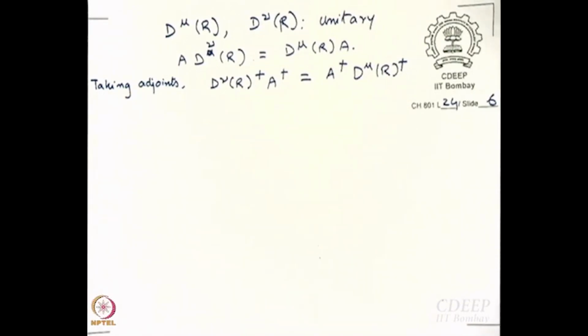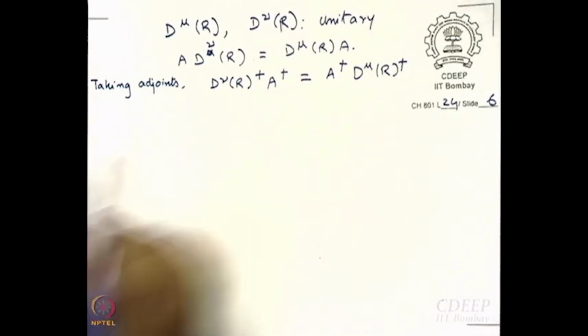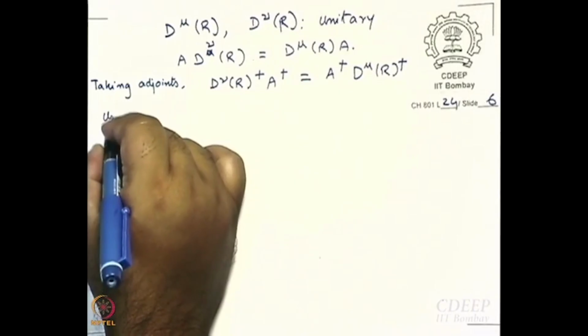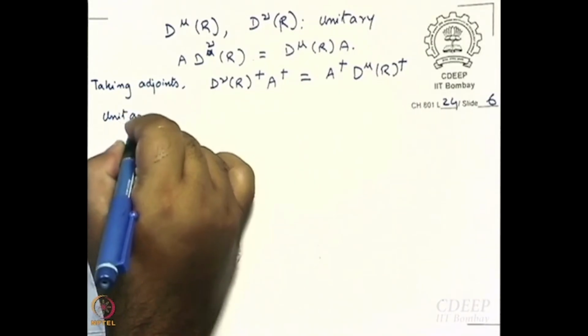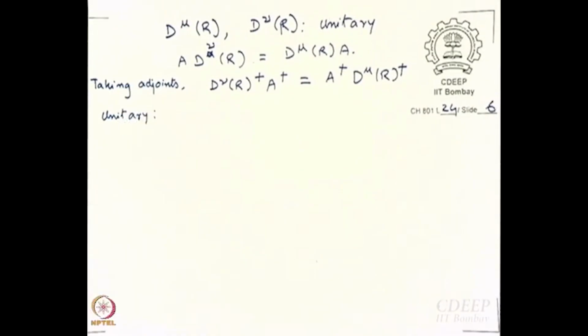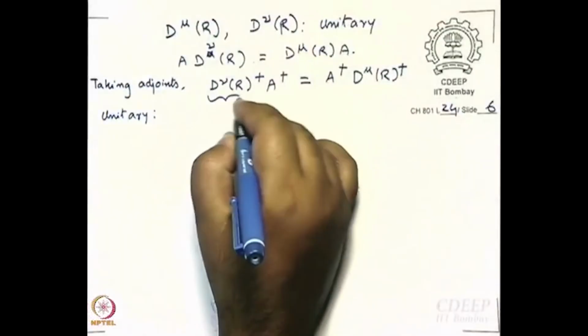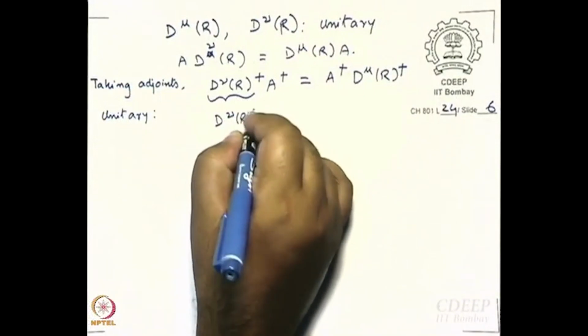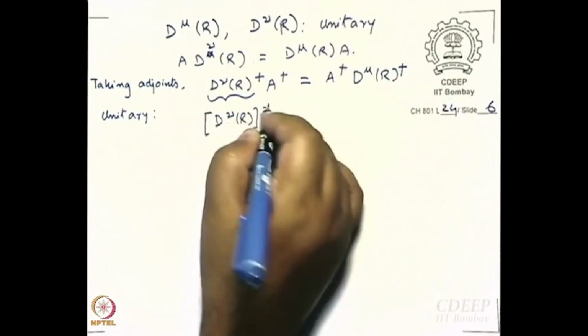Now, these are all unitary matrices, right? Since these are unitary matrices, this d nu r adjoint is the inverse of d nu r, right? This is d nu r inverse of that,